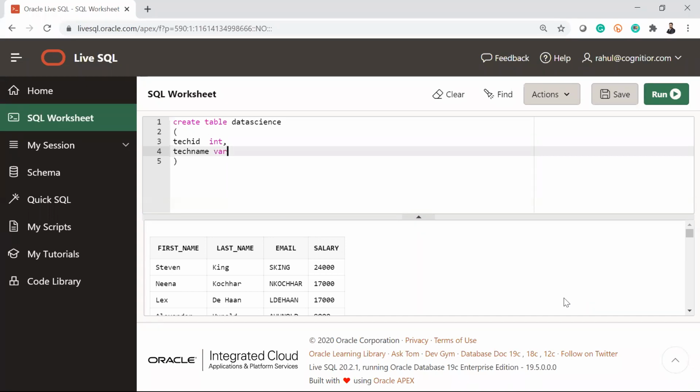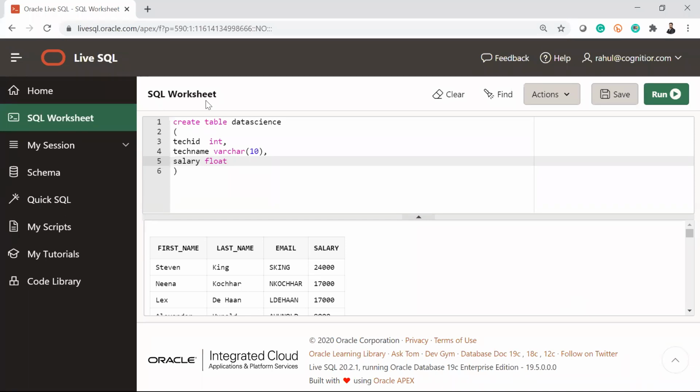But as of now, I'll go with varchar, and in varchar, I'll just pass some number. That number means the length of that word should be not more than 10. 10 is the maximum length. Okay. And after that, let's put salary. How much salary will I get? Let's say salary I'm giving as, do we have a float here? Looks like yes, we have a float. We'll execute it.